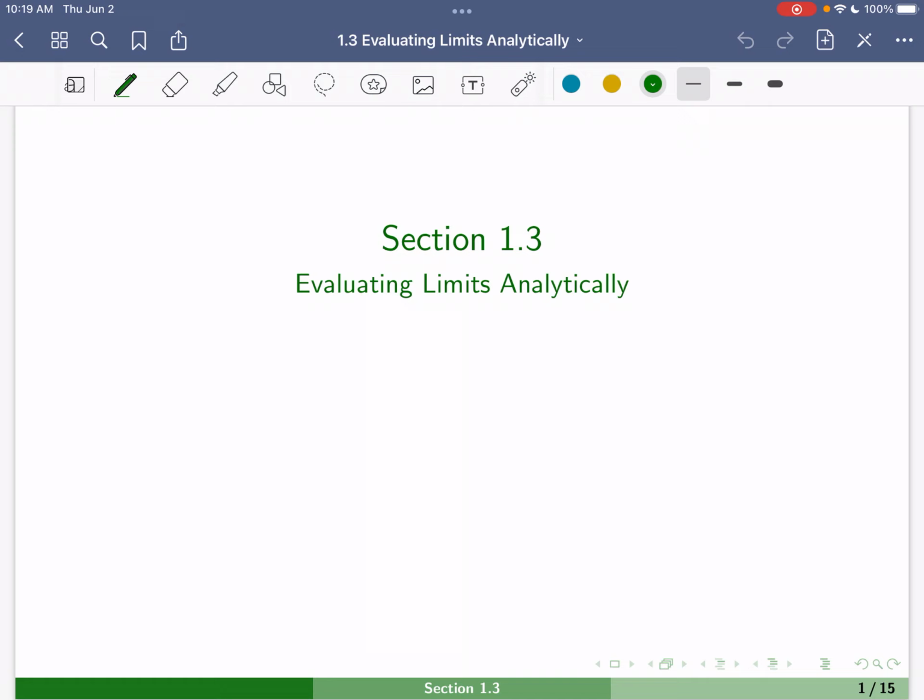In the last section, we looked at how to evaluate limits both graphically and numerically. We also looked at how we can prove a limit. In this section, we're going to look at how we go about evaluating